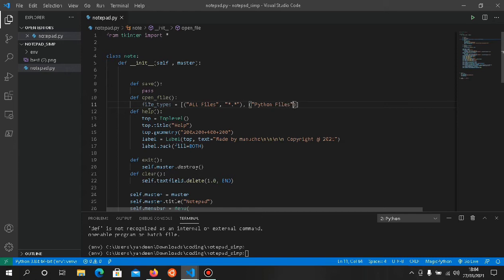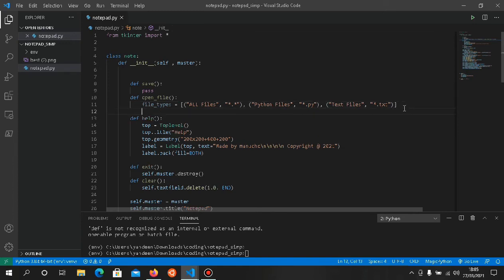Python files, and then we do here star.py. Let's do our last tuple, or tuple, it depends on your English. So .txt. So here will be text files, just like that. And then